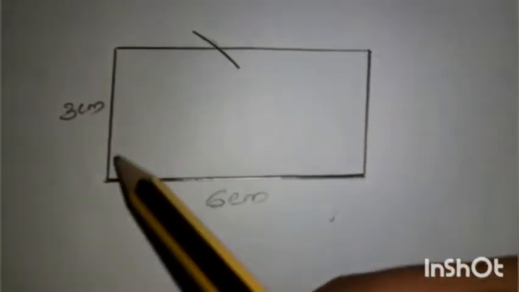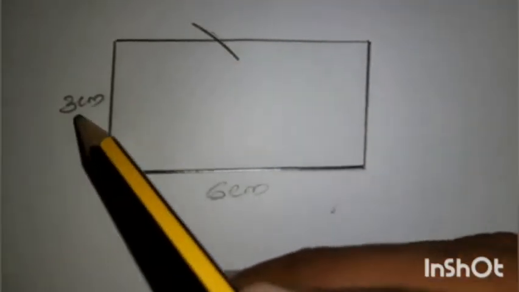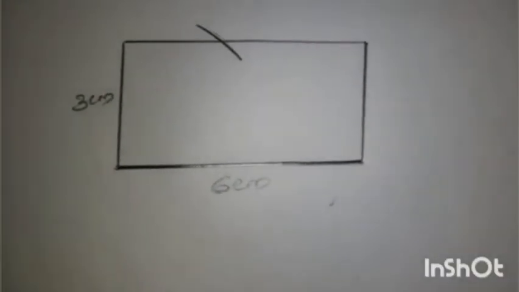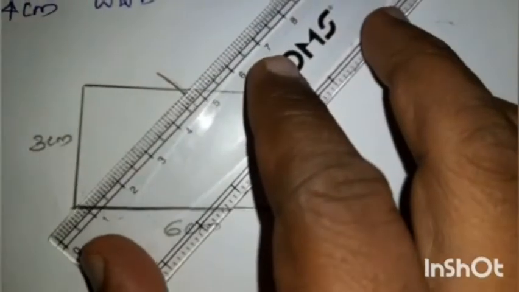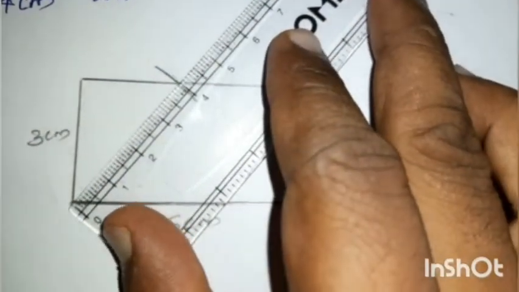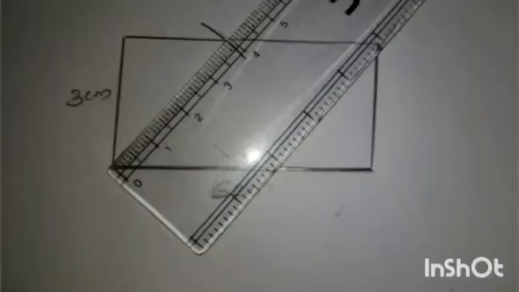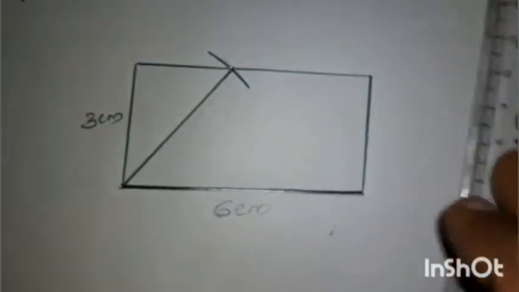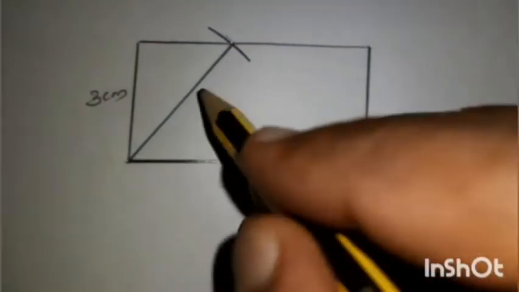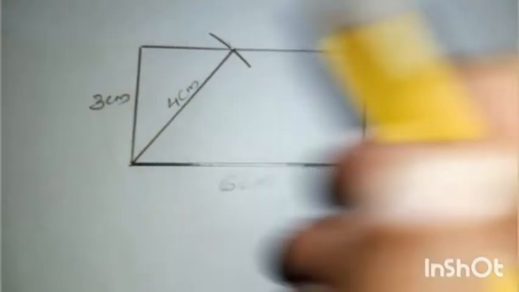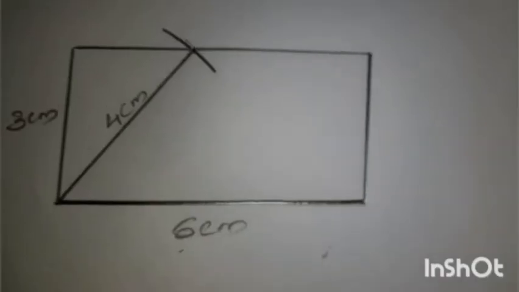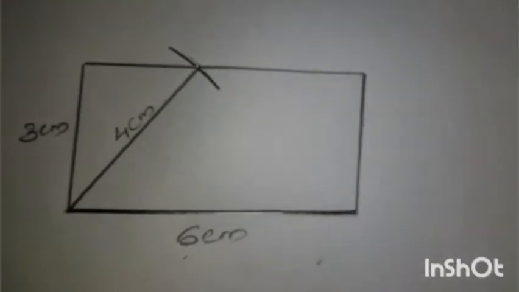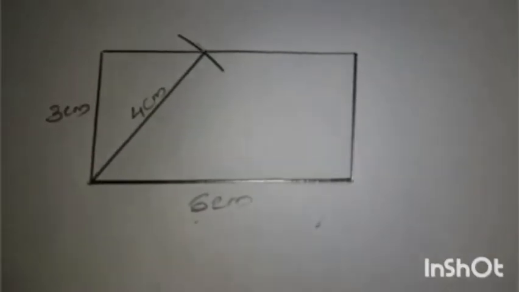We need a slanted line here, that's why we took 4 centimeter. It will be more than the breadth. We have to join this 4 centimeter length. So join the line from this end to here at the top end, right there, 4 centimeter. From the other bottom corner, again you have to draw the 4 centimeter arc.